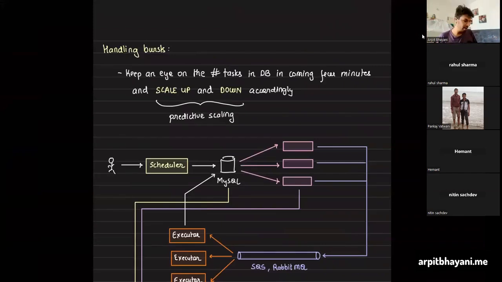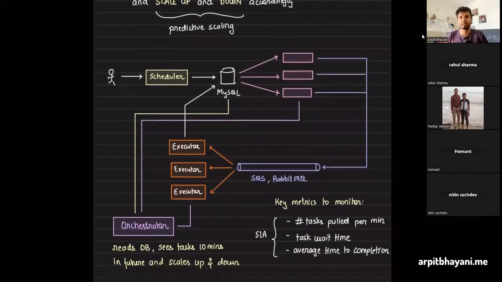Right? Now the next act that would come in is bursts. At a particular time, there are a lot of tasks that are scheduled to be executed. Especially in this case, let's say a lot of YouTubers want to schedule their YouTube videos for publishing. And they say, I want to schedule it, but I would schedule it in just 5 minutes. The video should go live in 5 minutes. So people give you very small breathing space. Given that, you would always see bursts.